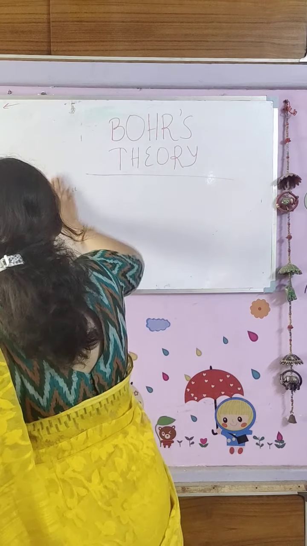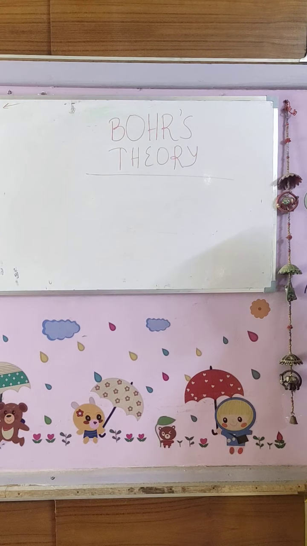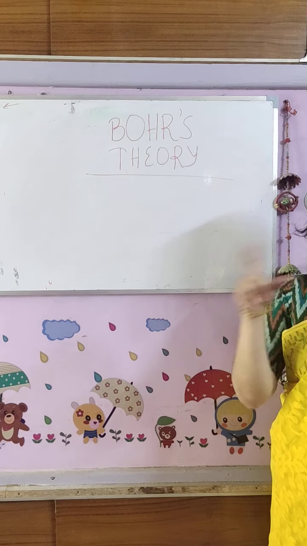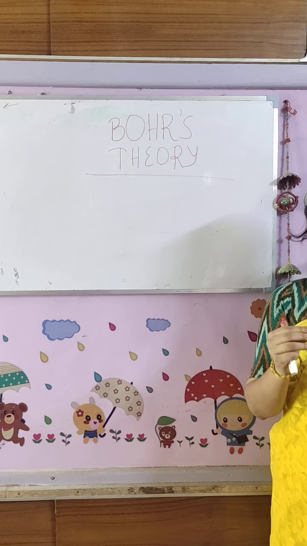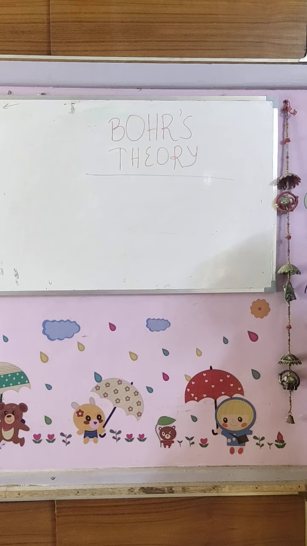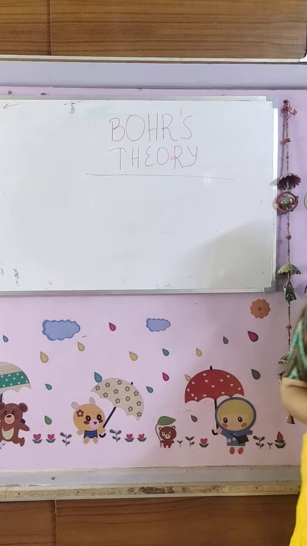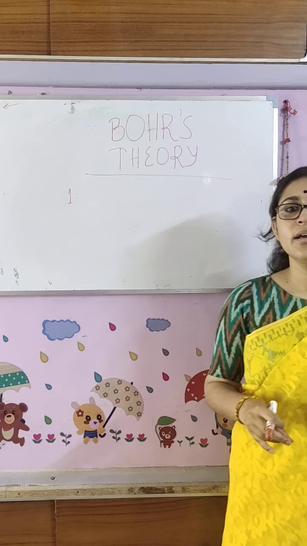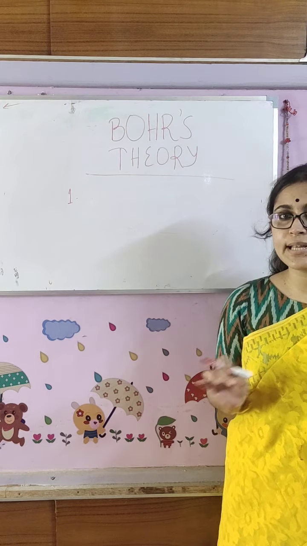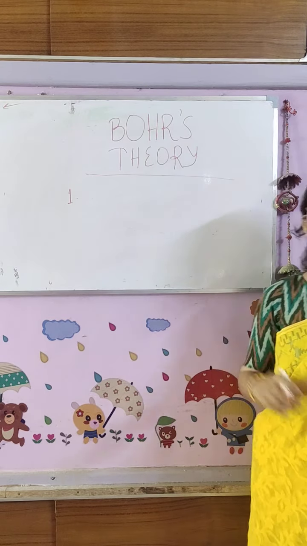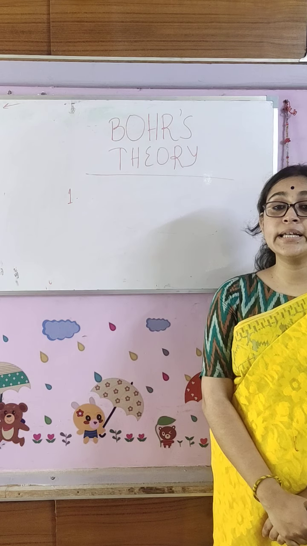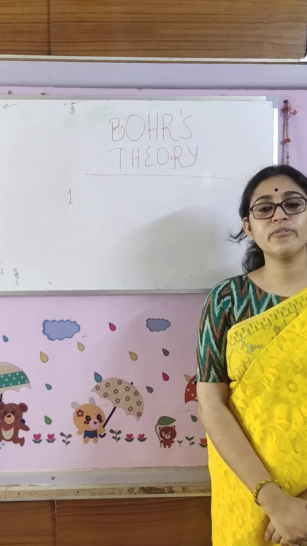The structure of the atom was just as given by Rutherford. There is a nucleus at the center and the electrons are revolving in different paths. But only some postulates were changed by Bohr, and Bohr explained the stability of an atom. How? He told, number one, electrons revolve around the nucleus. When I am telling this, I am telling very slowly. You can pause and rewind and see, and you can write down the postulates that I am telling. I am not writing here. So, the first postulate given by Bohr was that electrons revolve around the nucleus in definite shells with definite energy.